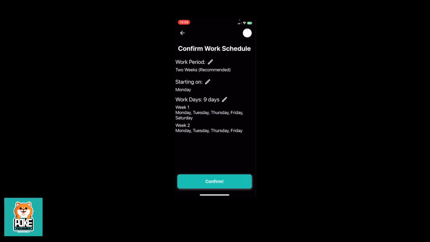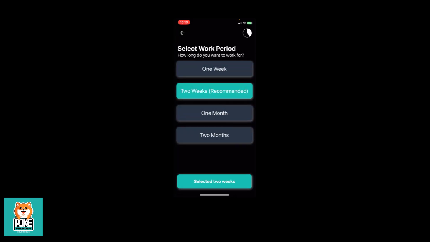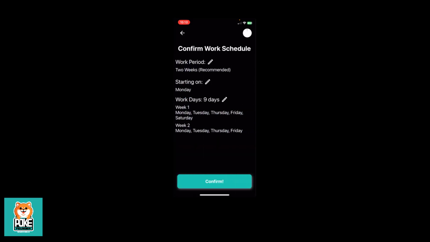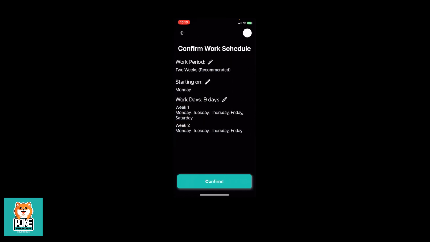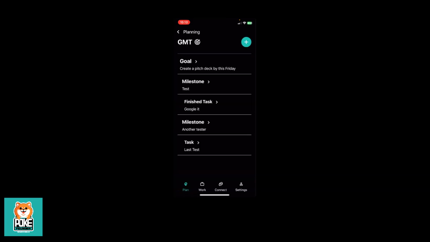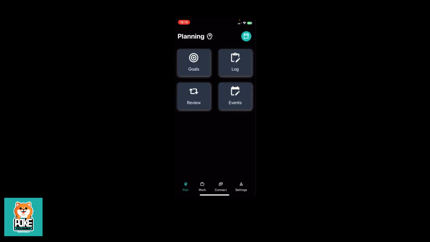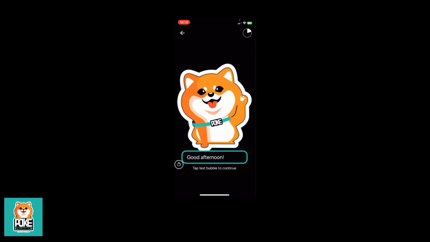And you can go back and change anything that you want on these, now that you have it confirmed. And you can confirm all that, and it goes to the goals, milestones, and tasks. In the future, you'll be able to see where the due dates of these are, and so they'll be layered in on the planning screen. But for right now, I just want to test out the flow of the planning screen, see where the general